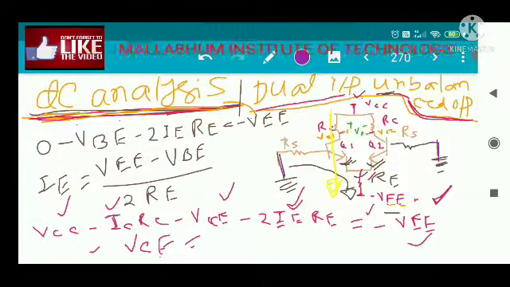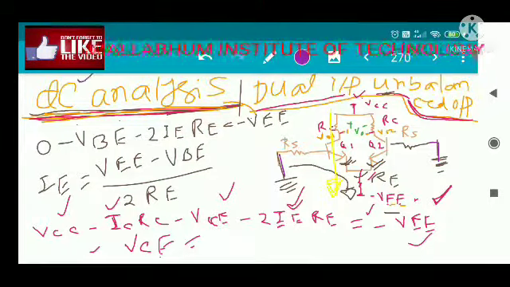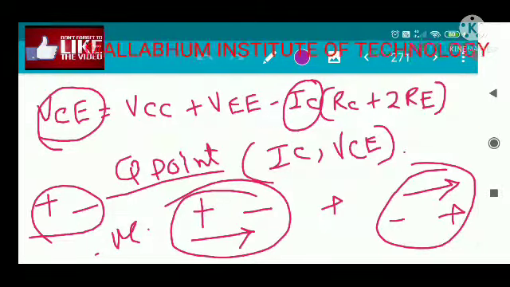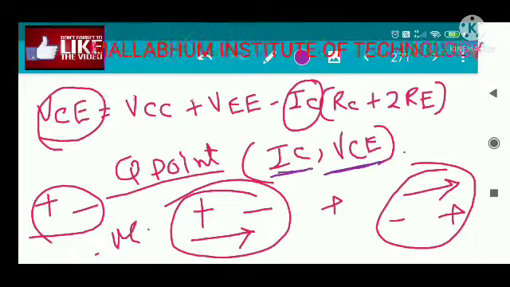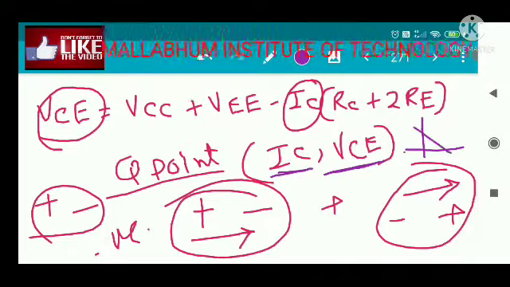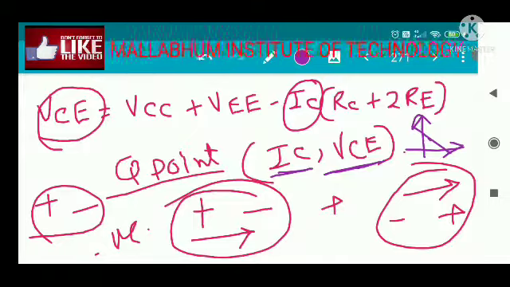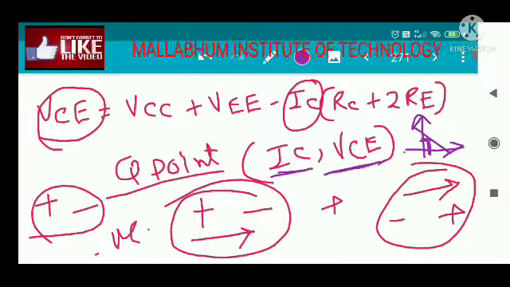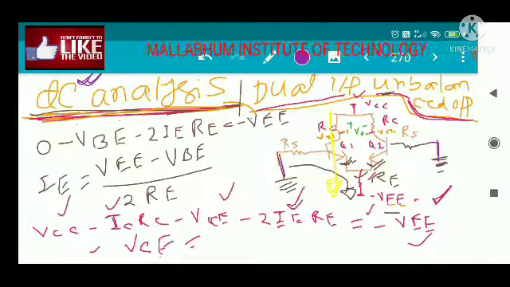So next we draw this circuit with these two short circuited, and this performs the DC analysis. Now the next question is, why do we perform the DC analysis? Because the DC analysis gives you the proper idea of your Q point. Q point means you have to calculate the IC and the VCE, which is the measure of your Q point. Because in the load line there is an IC, there is a VCE, and this is the Q point. So if you know the IC and VCE, then you properly know the Q point. So for properly placing the Q point, you must have an idea of this DC analysis. That's why I perform the DC analysis.